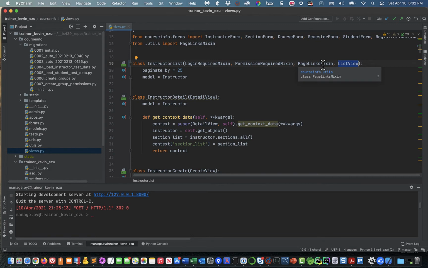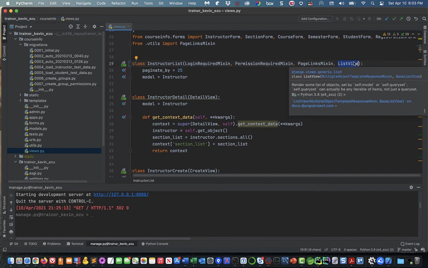But here in Python, mix-ins. And mix-ins are pretty darn cool. Okay, so we're adding this login required mix-in and permission required mix-in to the formal parameter list of all the class